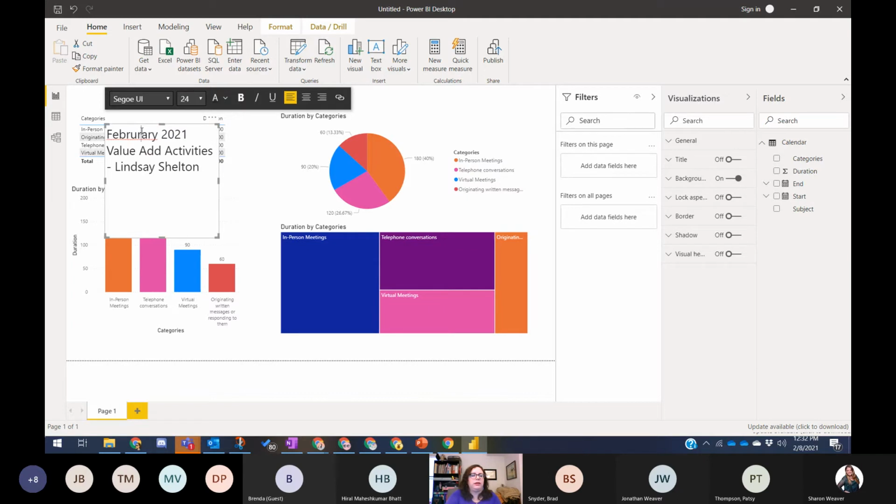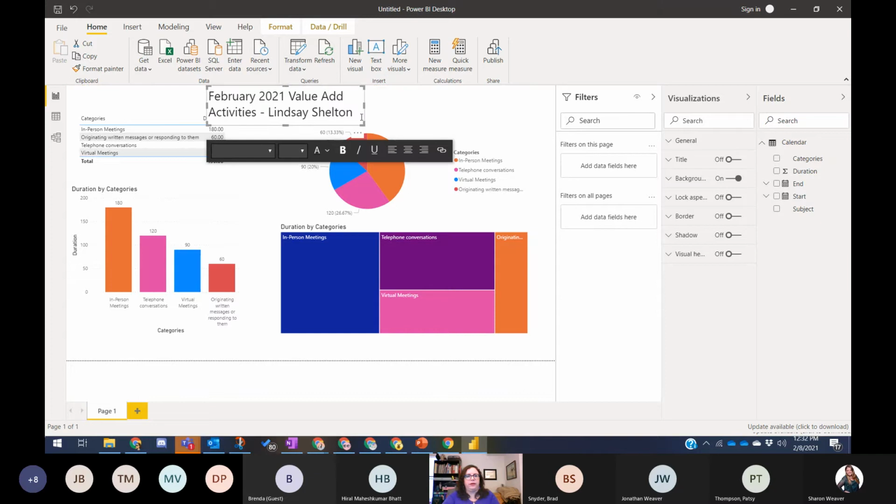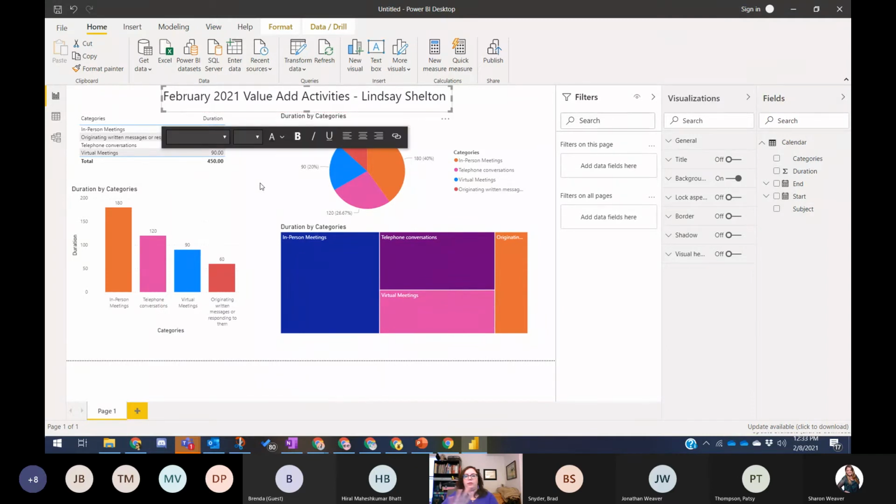There we go. And I can resize it. And I could obviously make it prettier if I wanted to, but I don't. And so we'll put a nice title on here, spread it out a bit so it doesn't take up as much room. And then if we are ready, this is how we want to set up our visuals,